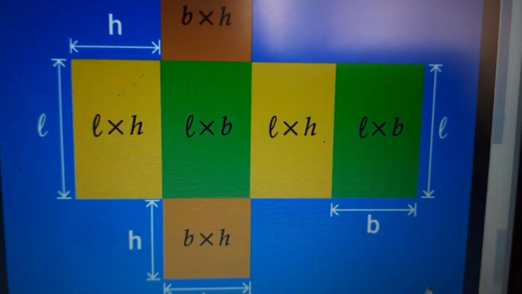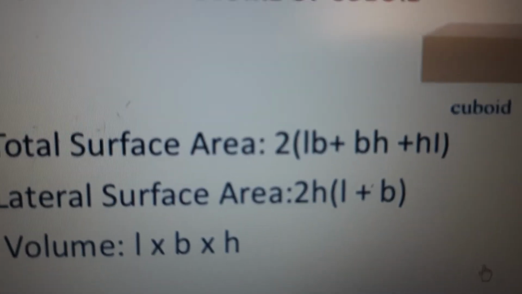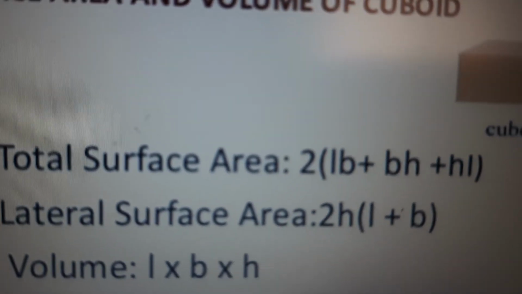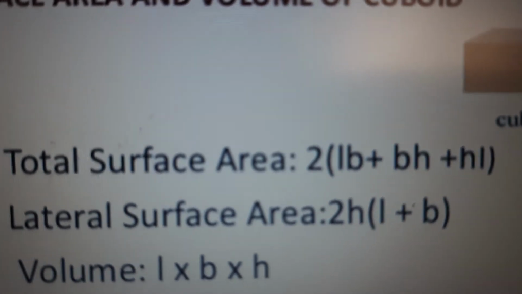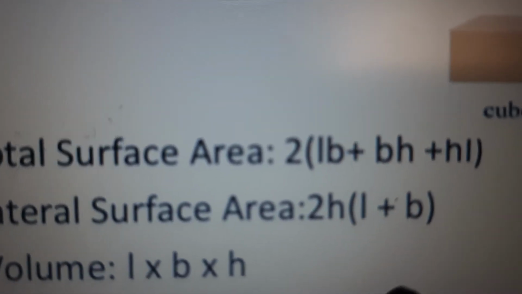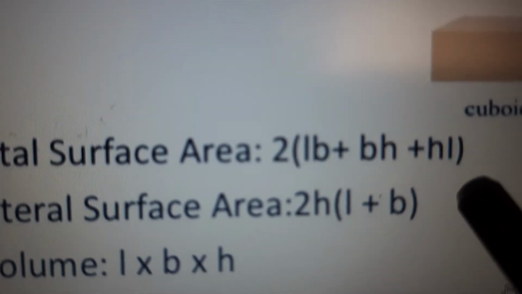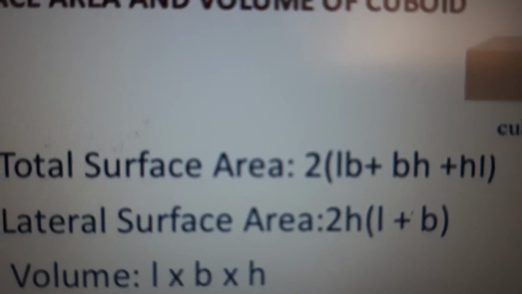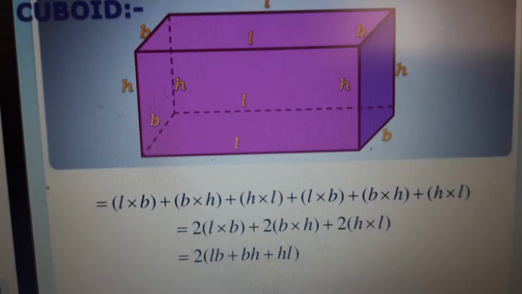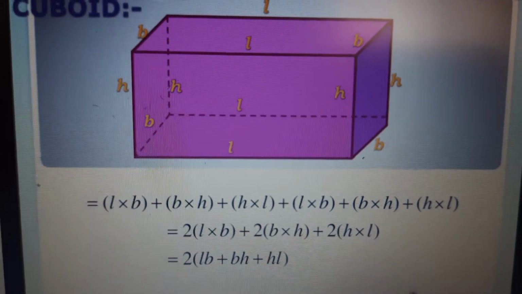And that is why we have the formula, children. You don't look at volume. Volume will be in 8th standard. Okay. So we have total surface area as 2 into L into B plus B into H plus H into L. H into L is L into H only. Okay. So this is how it is. I'll show you the text for this. Yeah, it's very clear now. With the figure, you have got it.